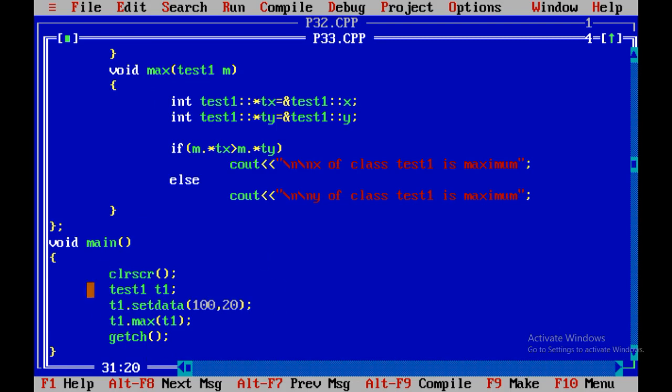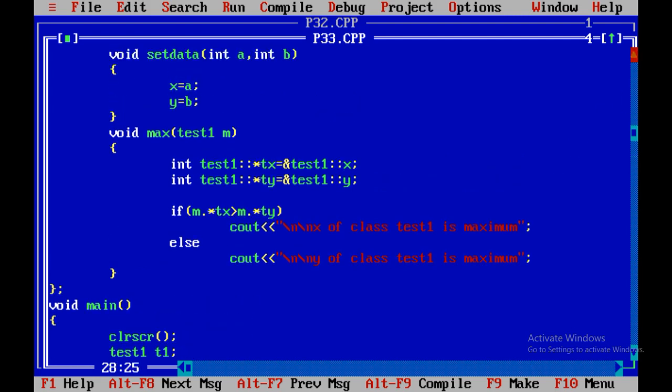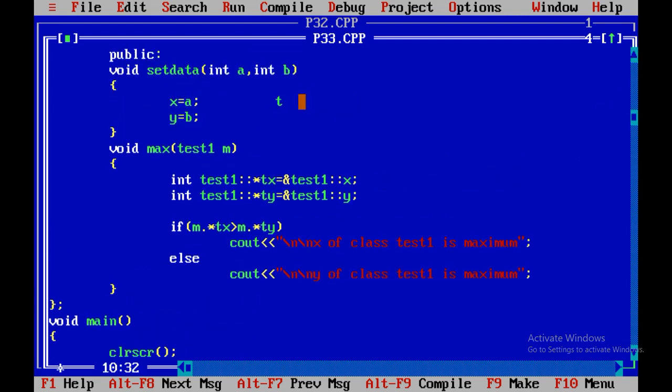Now see over here what happens when we create the object of test1 class, test1 t1, t1.setdata 100, 20. So setdata will set t1.x equals 100 and t1.y equals 20.